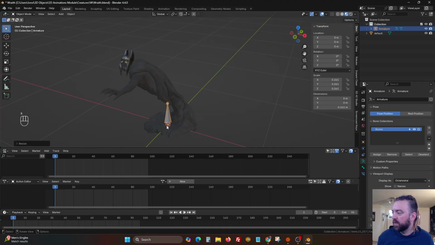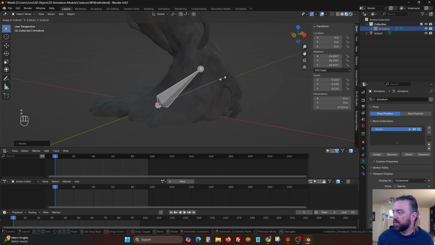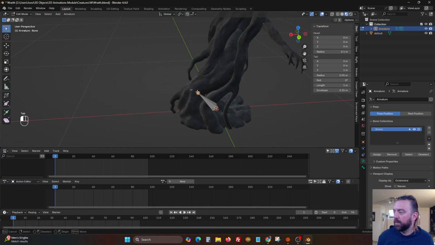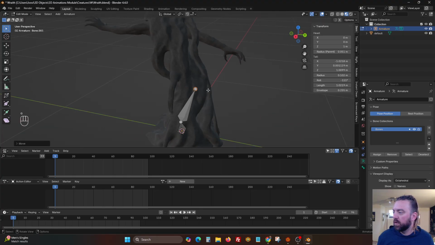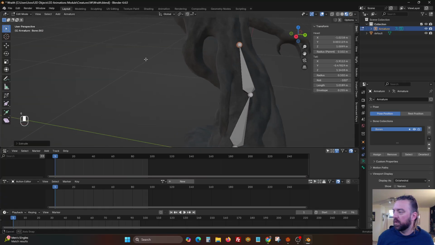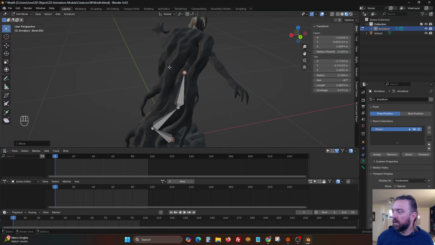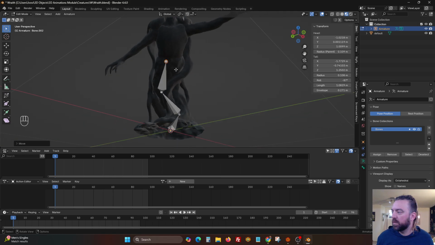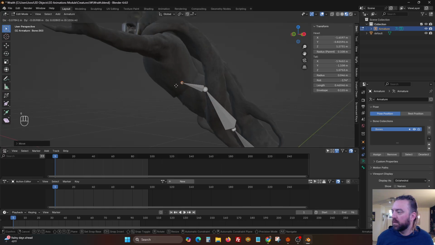That's how I like to do things. Now this is sort of an ethereal ghost-looking thing, so it's going to be a little bit wonkier than a traditional humanoid, but we'll pop into edit mode and just start extending these bones in a way that makes sense. This is sort of boneless. Spineless Wraith. I think in the mesh these little wisps are connected, so I'm not going to worry about those. If they were separated, I might try to make them sort of like a cape, but